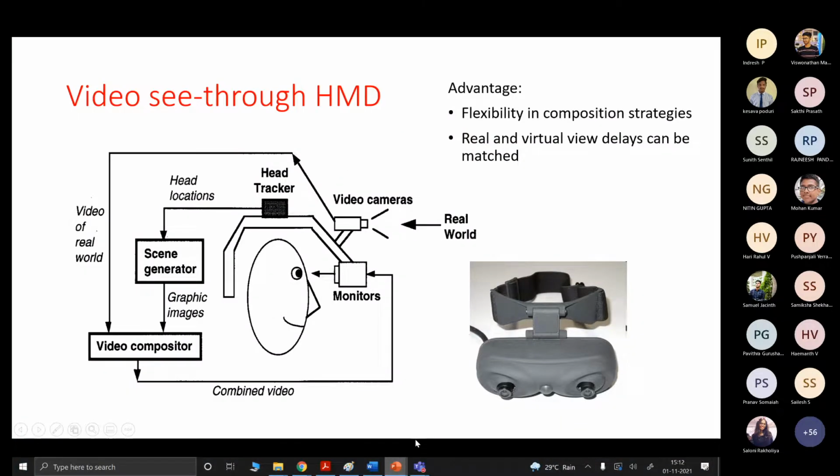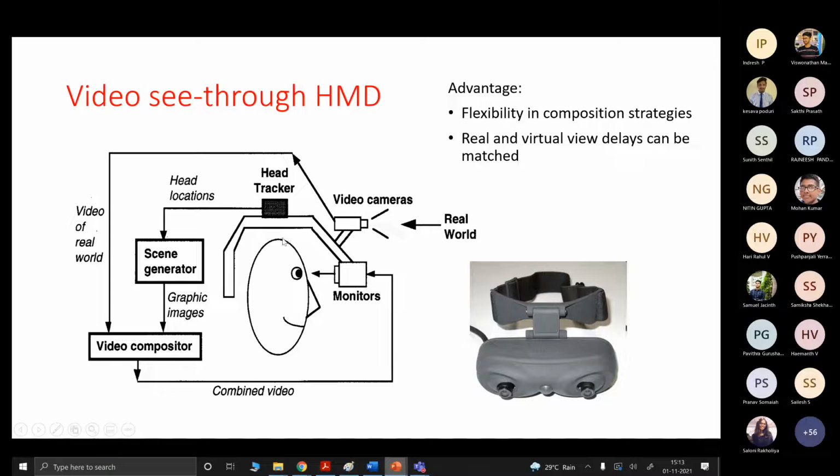So, the video see-through head-mounted displays. The video cameras are specified here to capture the real world environment, and that real world environment will be given to a video compositor. The participants will be using a headset.